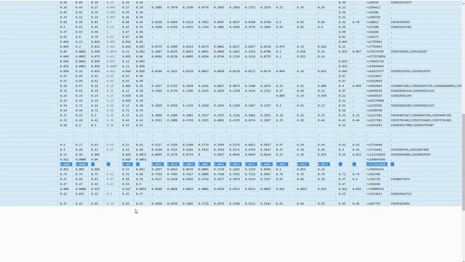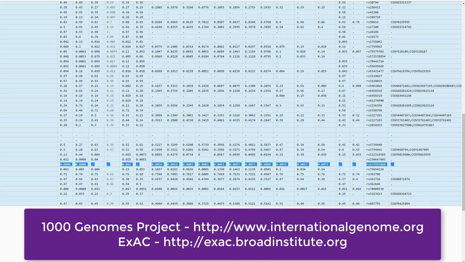Question 4. Is the variant novel, rarely or commonly observed in the human population? To answer this question, we would refer to databases such as 1000 Genomes and ExAC that contain information about the allele frequencies in the human population.